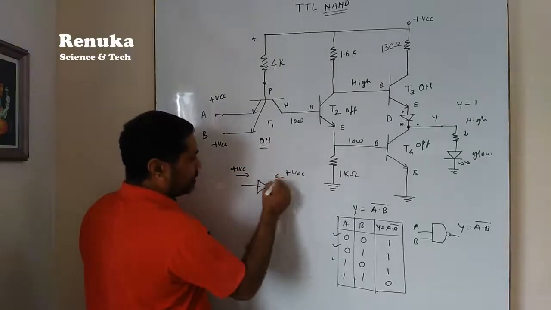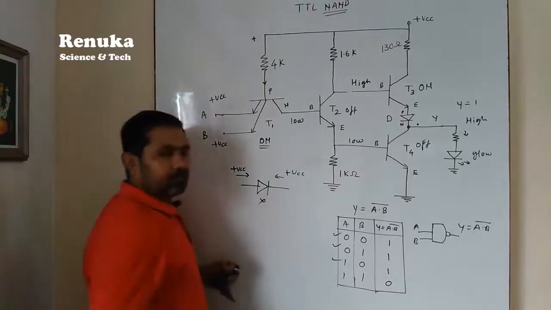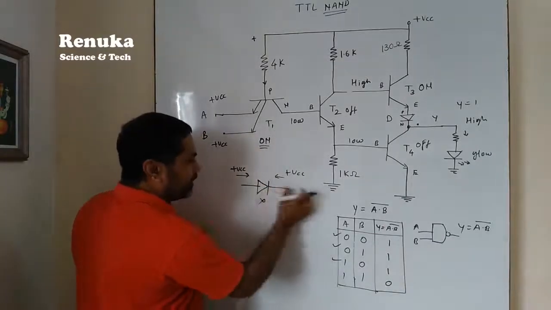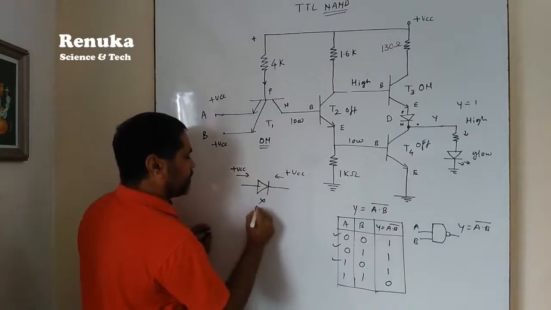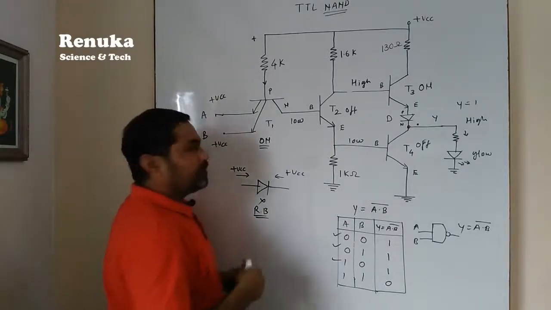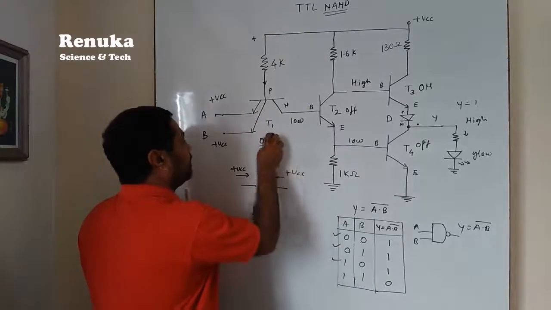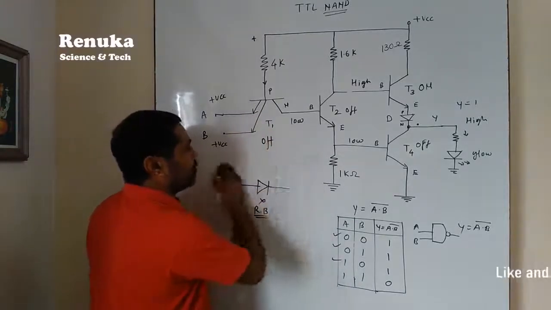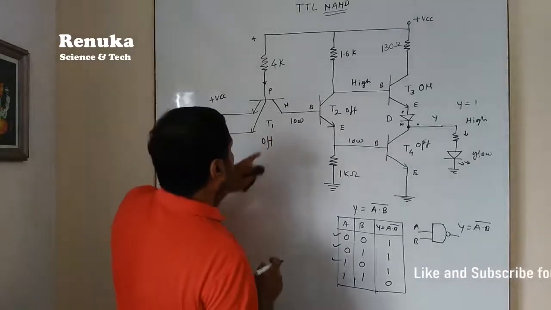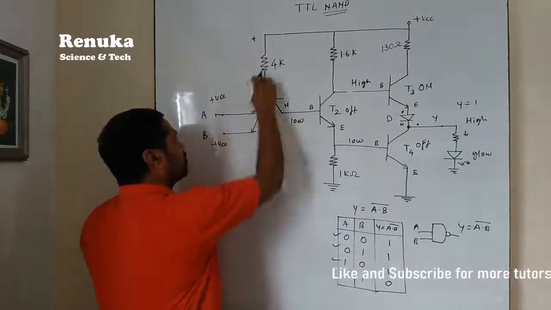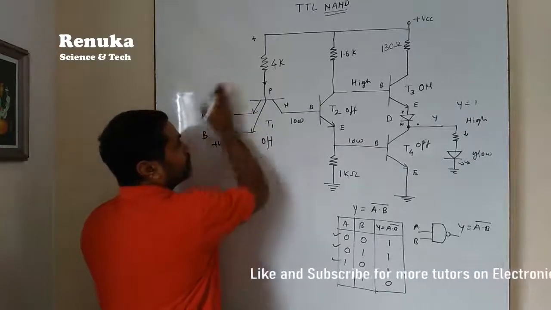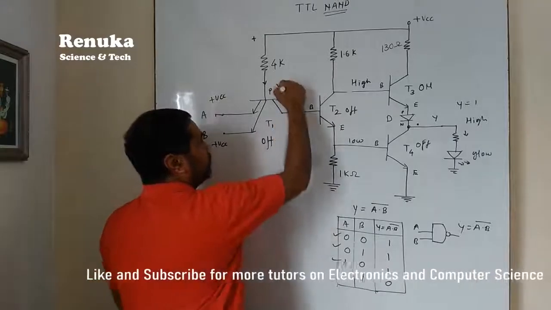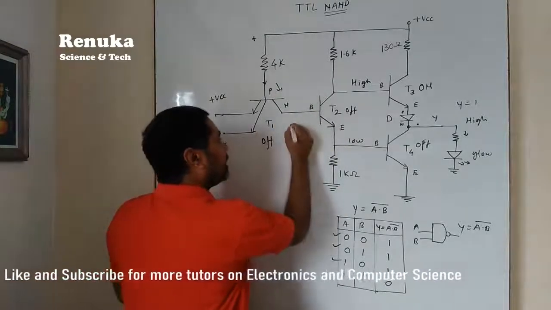If a diode is connected like this, with both sides at the same potential, there will be no current which will flow. If current is not conducting, that means this diode is reverse biased. If the diode is reverse biased, the transistor is not conducting, so we say that this transistor is off. Now if the transistor is off, the current is not flowing towards the input terminals. The remaining terminal is the collector, so all the current will flow towards the collector, and that will create a high voltage here.